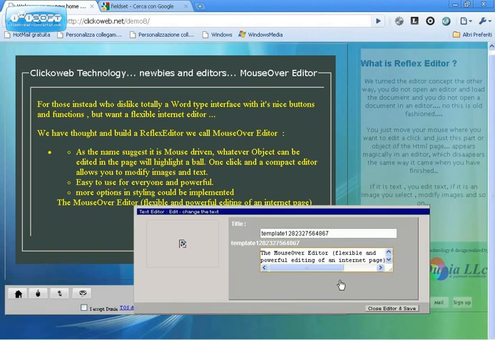Here is another object in editing. Now, an object can be whatever. It might be a photo, it can be just text, or it might even be sound. Accordingly, the mouse over editor will deal with text, with voice, with images and with music. So with just one editor on ClickerWeb you can do what usually 4 different programs do on your desktop computer. That is why we consider the mouse over editor to be a major success in our ClickerWeb technology.